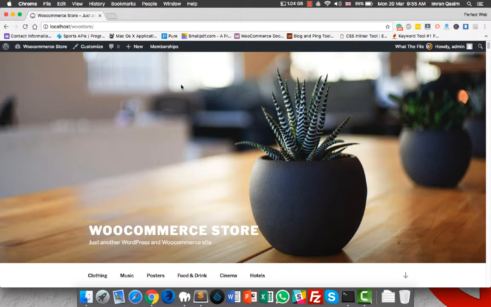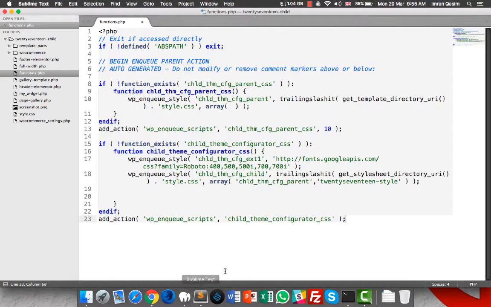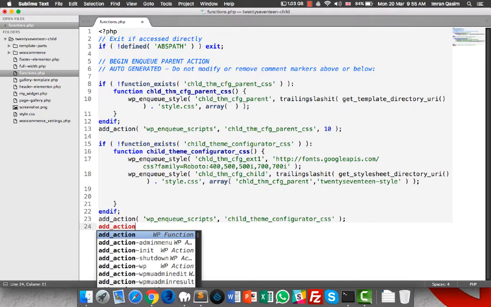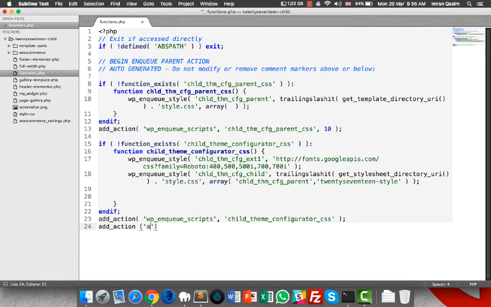First of all, open your favorite text editor. Mine is Sublime Text, and in this text editor, I have already loaded my 2017 child theme folder, which I'm mostly using in these tutorials on WordPress and WooCommerce for advanced and intermediate users. So in this 2017 child theme's functions.php file, I will add an action that will be admin_bar_menu,